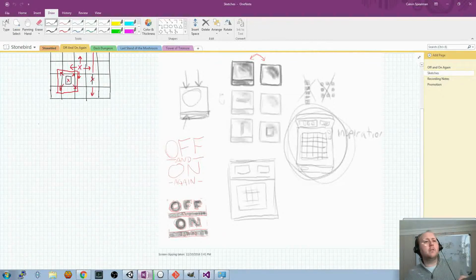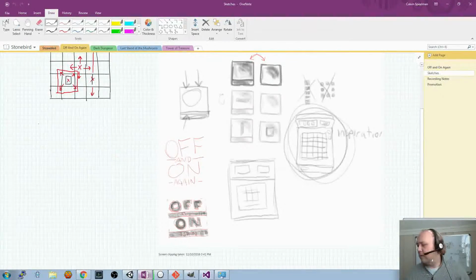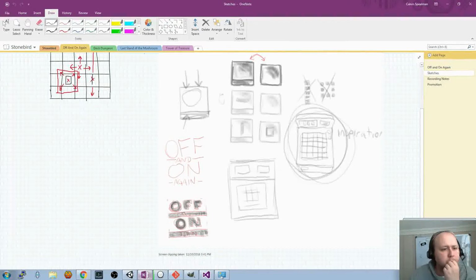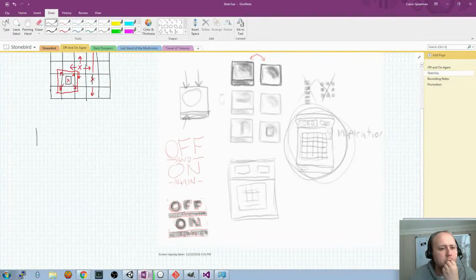I'm just going to use the mouse for these quick rough notes. So what we're looking at here is, for example, for the row,